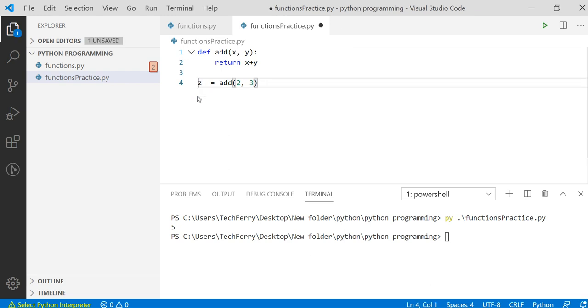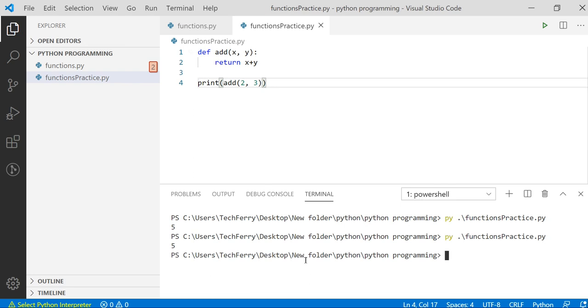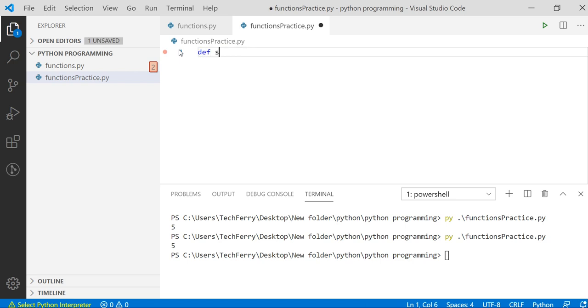To make it shorter, I can do it like this as well. I can display it directly over here without assigning into a new variable, and again I'll get 5 as an output. So this is the way how we can return something from our function, not only integer, but we can return any other type as well. So in this scenario,